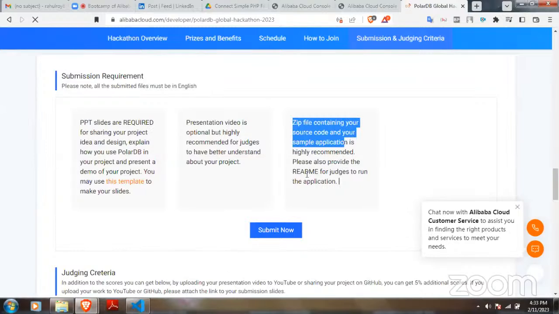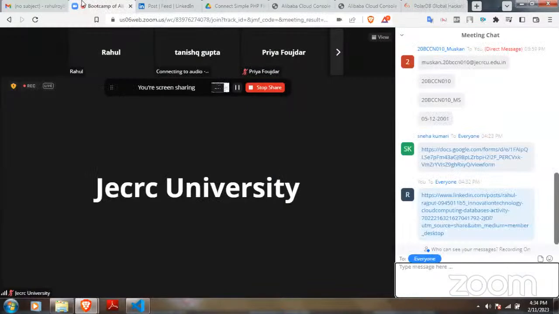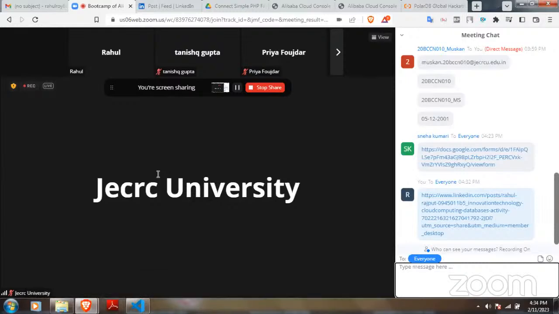Please also provide the readme file of your application. The zip, source code, and PPT slides are required for sharing your project. That's all, I guess. This information is more than enough for you to start working. In case you face any problem, you can connect to me. I'll be more than happy to help you out in case of any query.